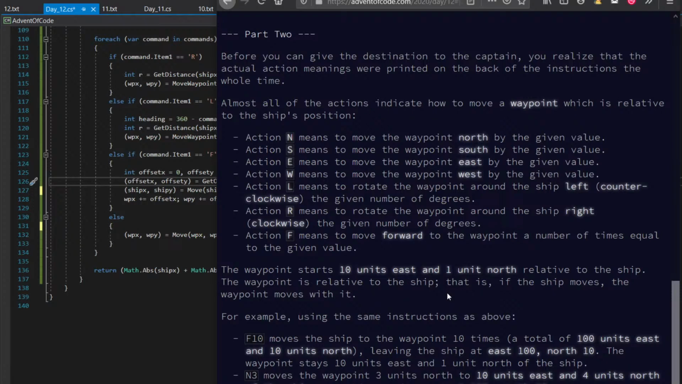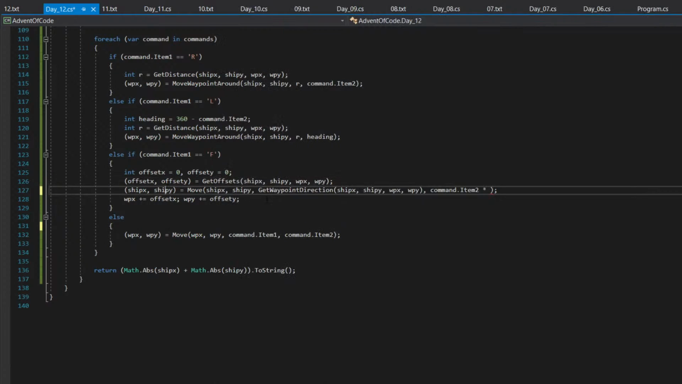Action F means move forward to the waypoint a number of times equal to the given value. F10 moves the ship to the waypoint 10 times. A total of 100 units east and 10 units north. That's... The waypoint stays. Okay. So this offset is incorrect. It should be